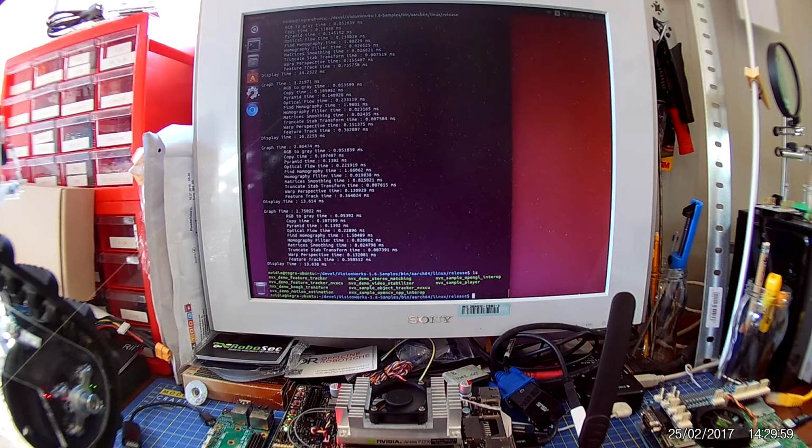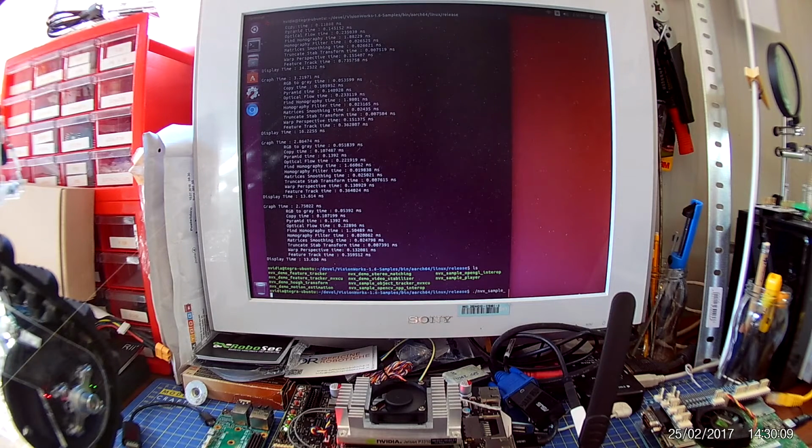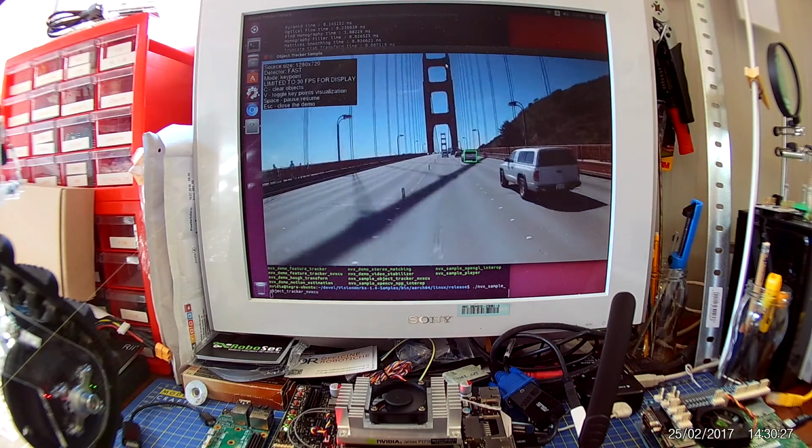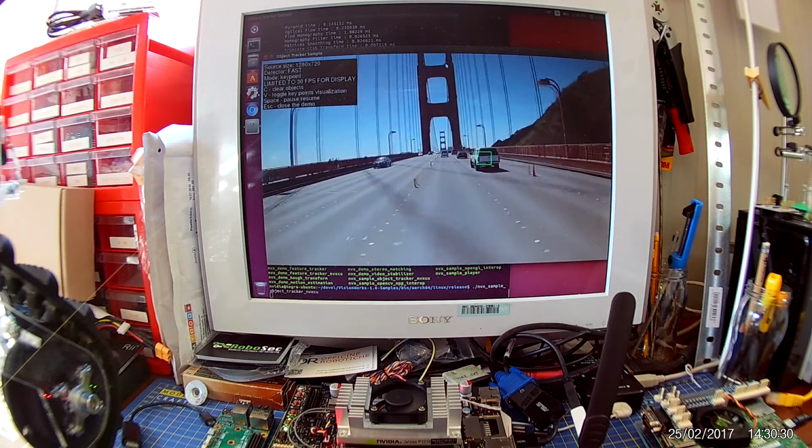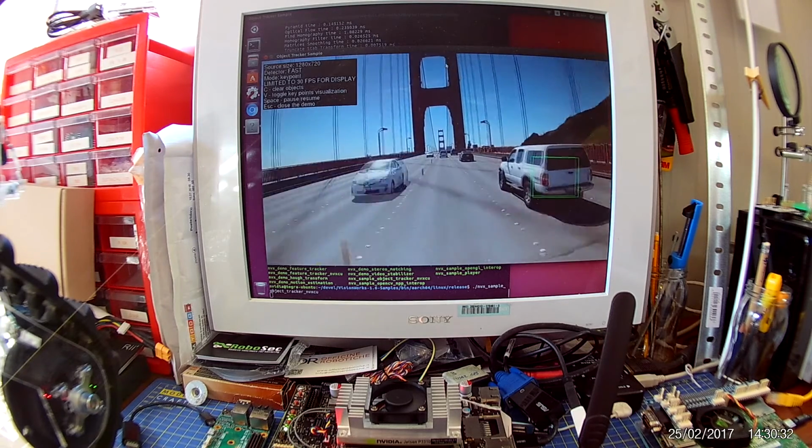Okay, we now have four samples, not demos. They are exactly the same. Sample object tracker. Object tracker is really important not only to detect something moving in the scene, but also to keep our attention on one thing that is moving. In this case, a car. There is a rectangle on the car,